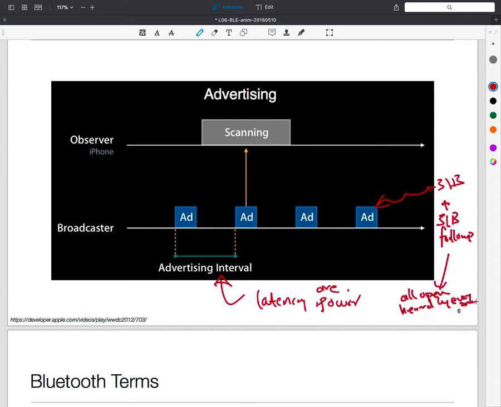But it works great. For example, you might imagine you walk into this room and the light switch here advertises its presence. Hey, I'm here. I'm a light switch. I control the light in front of the room. So that kind of information could be there. It's used very successfully by